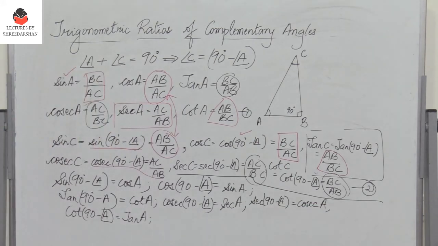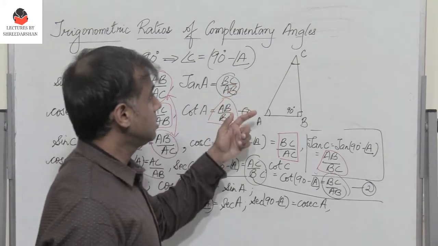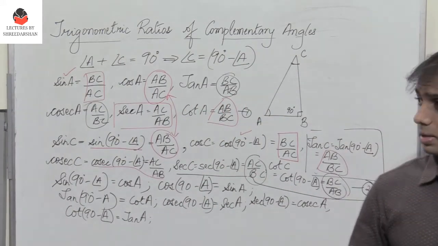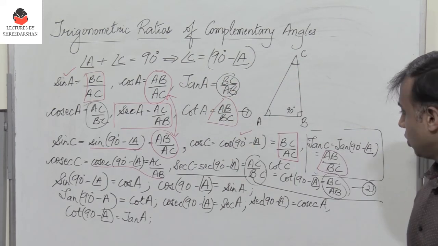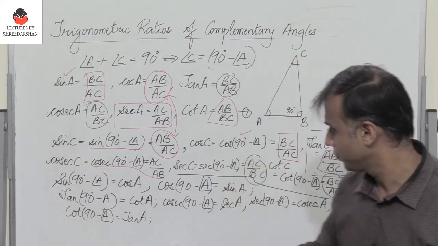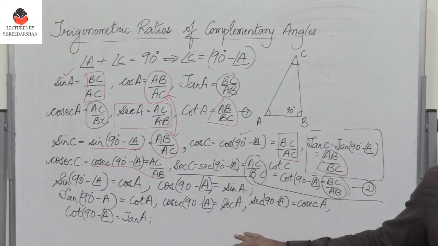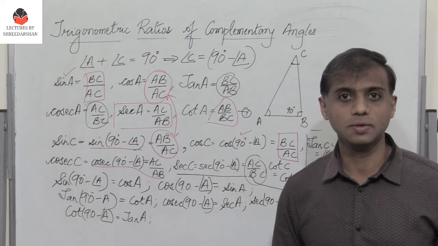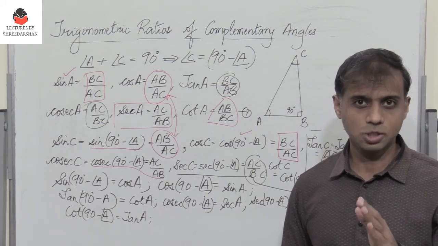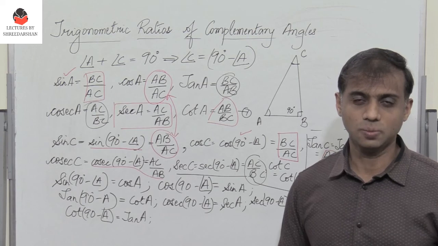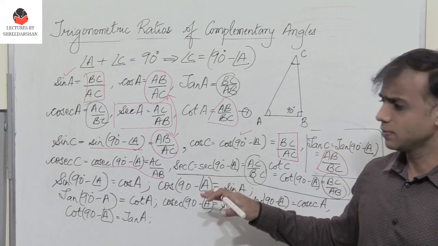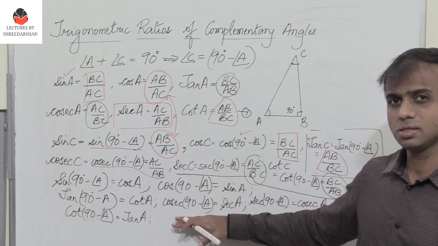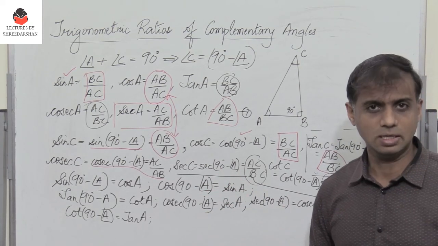Right? So we have got the trigonometric ratios of complementary angles. So here, angle A and angle C are complementary. So using this, where angle A plus angle C is 90 degrees, we have got these relations. Okay, now using these relations, we will be able to solve all the problems given in the third exercise, which we shall take up in the next video. So make sure that you watch the next video, and you will be able to observe that by just remembering these relations, we will be able to solve all the problems very easily.